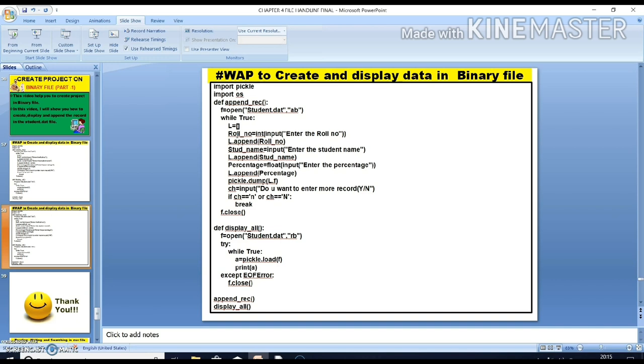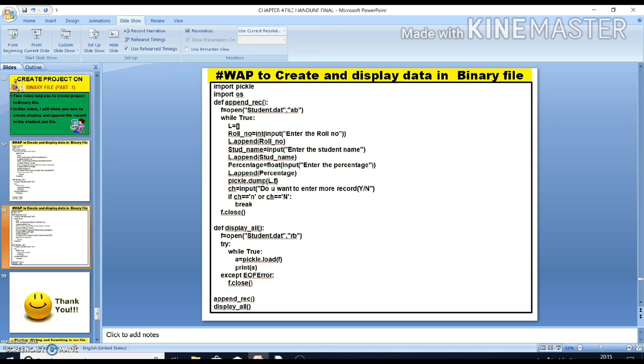I have taken a list in which I add the records: roll number, name and percentage. The command to write on the binary file is pickle.dump, where I am writing the list object onto my file f. Clear? The file f is associated with student.dat.